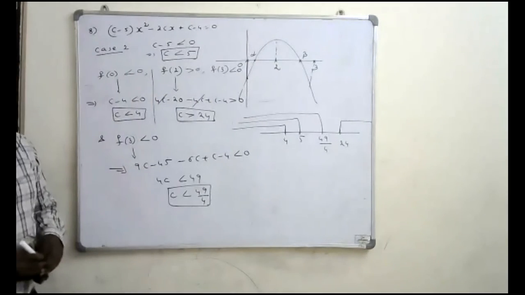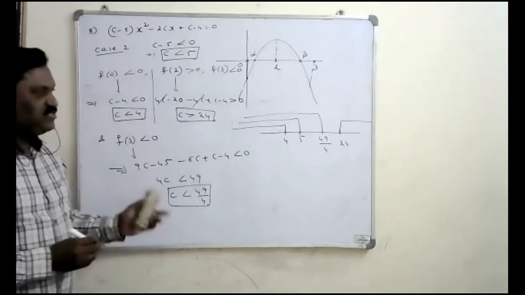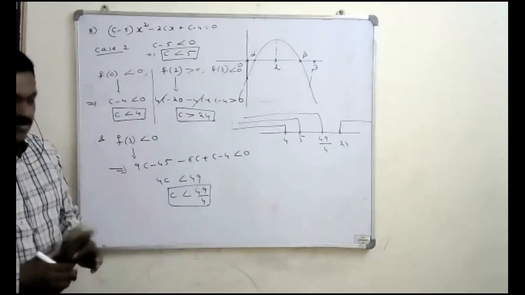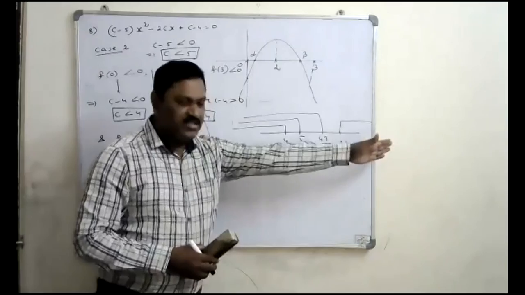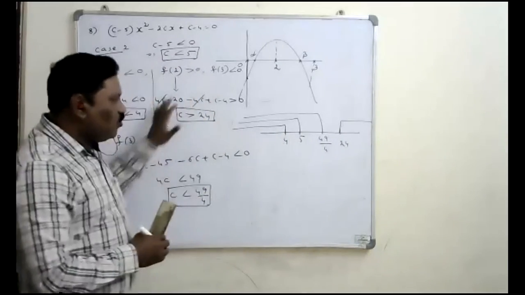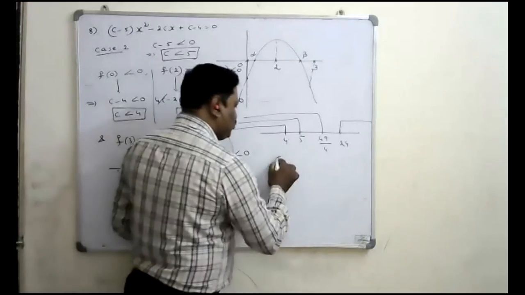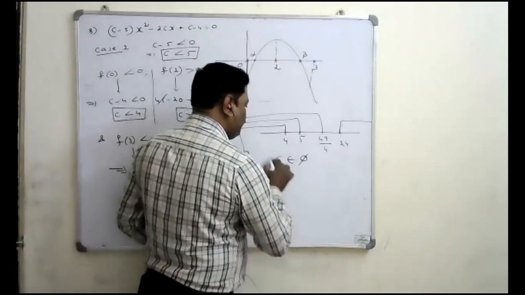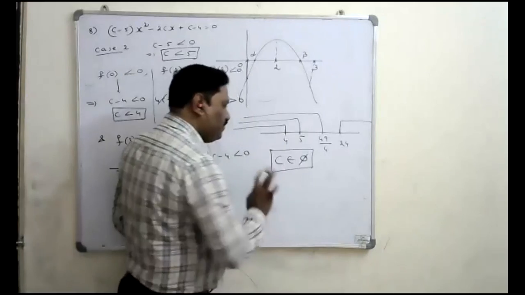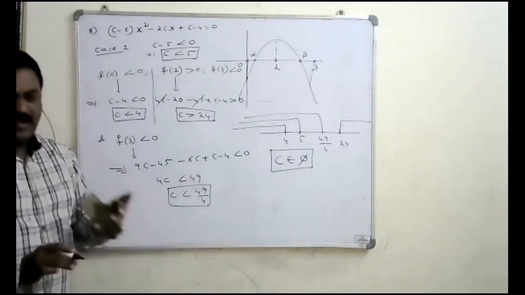Now tell me, is there any common value which satisfies all four intervals? No, because one is going to the other side and all these three are coming toward this side. That's why no common value of c is possible. So in this case the solution set is empty, which means for any value of c this case is not possible. That's why here no integral values of